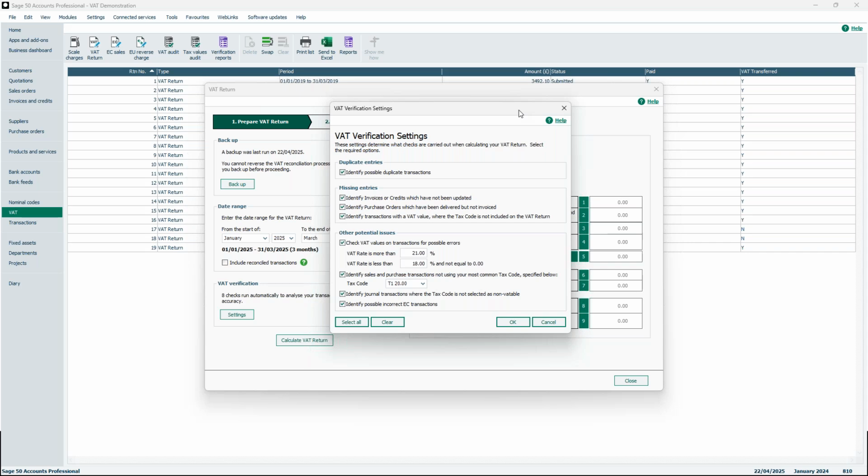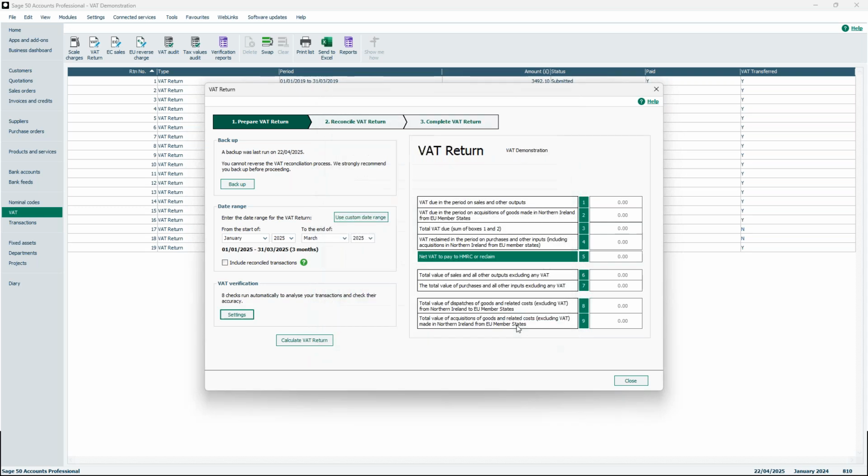But as you go on, you might realise there are some of these that aren't really relevant to your business. And once you have established that, you can untick them so it doesn't carry out that search any longer. But for the purposes of today, I am going to leave those included. And okay, so at this point, I'm going to calculate, and when it calculates, it's going to populate the